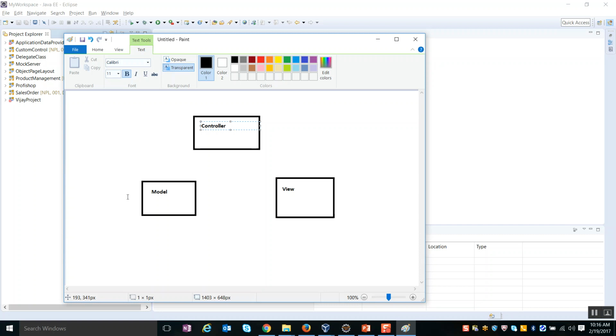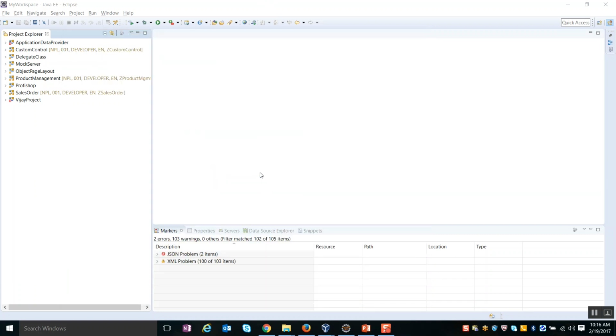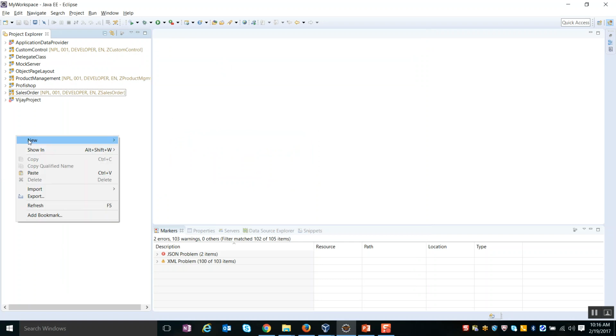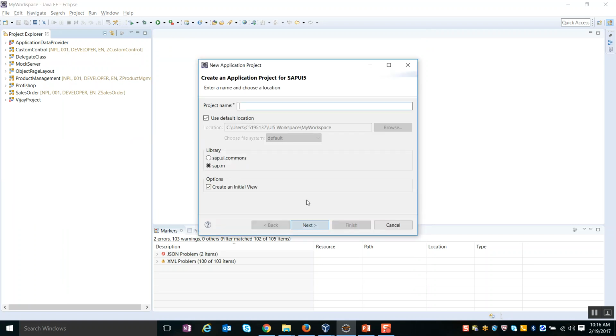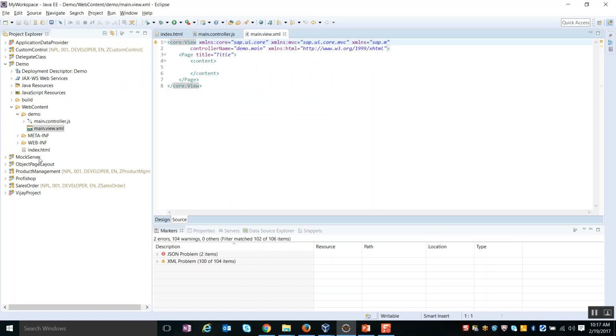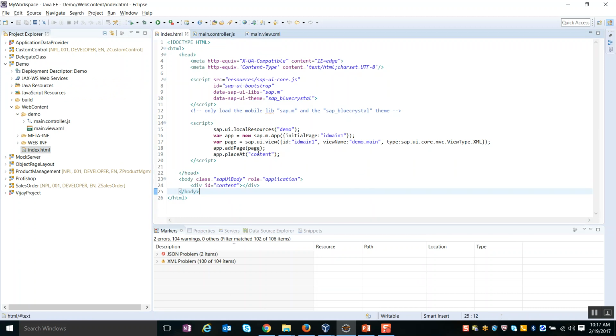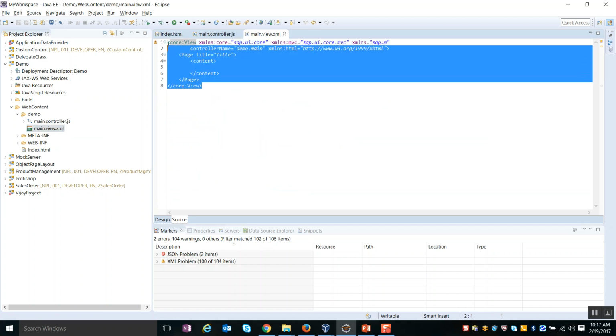This time when we develop our application, we are going to do it according to this MVC architecture. If you take one of the previous projects that we have done, for example, let's say I'm creating a project here and I click on finish. When I create a project with this wizard, you can see that the index.html page is the starting page of our application, within which we are calling our view control, which means we are calling and displaying this view directly.